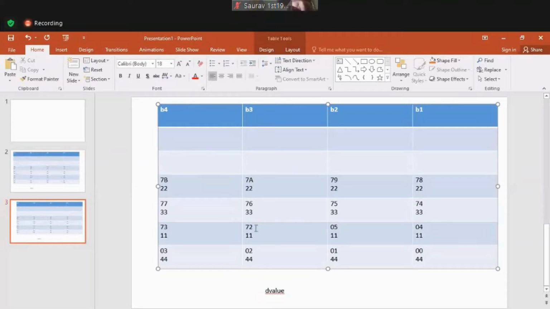You can write along with me if you have pen and paper; you will understand better. 05, 06, 07, 08, 09. What is the next number?